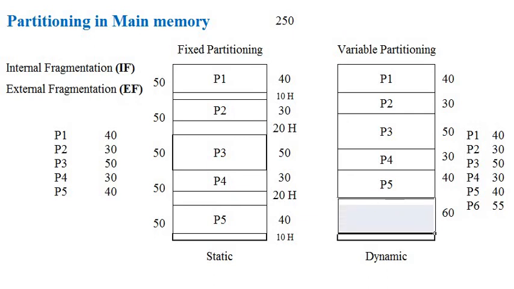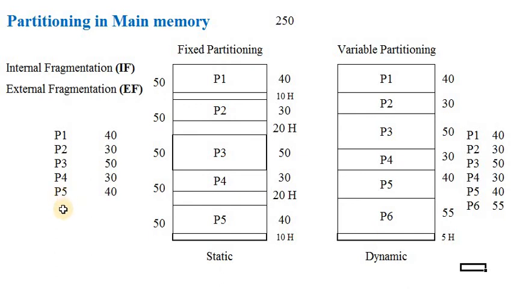Let me allocate that process into the main memory. Process P6. After allocation, how much space is occupied? 55. What is the size of the hole generated? 5. So this is the size of the hole. Here there are no holes otherwise in the variable partitioning. Whatever the number of processes arrived, P1 to P6, all the processes are accommodated directly into the main memory. Only a small hole is generated with the size 5.